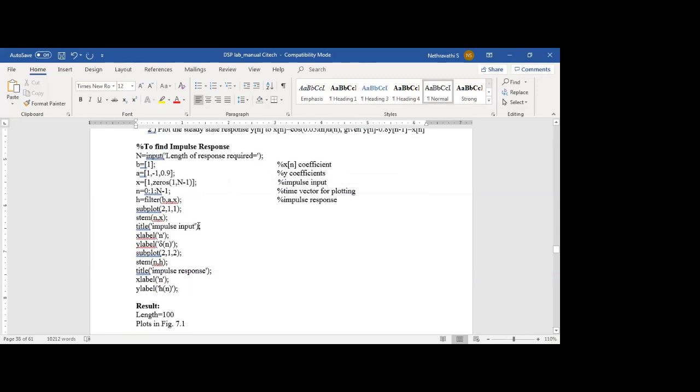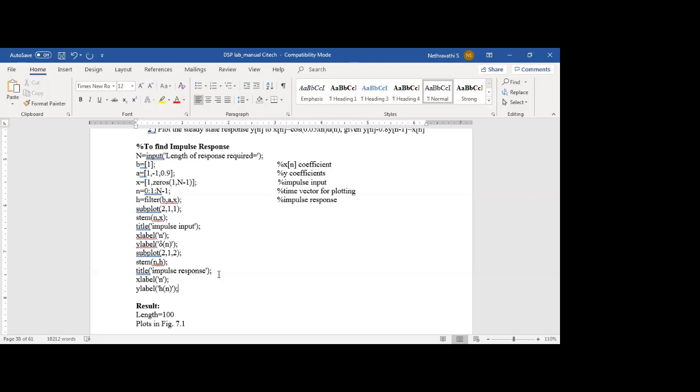Plotting the sample sequence, a plot of 2 by 1. We know all those things. I'm trying to plot two things. One is the impulse input. The other one is your impulse response. I'm plotting these two with all the titles and labeling. I'm dividing my graph sheet into two parts in one page, row wise.